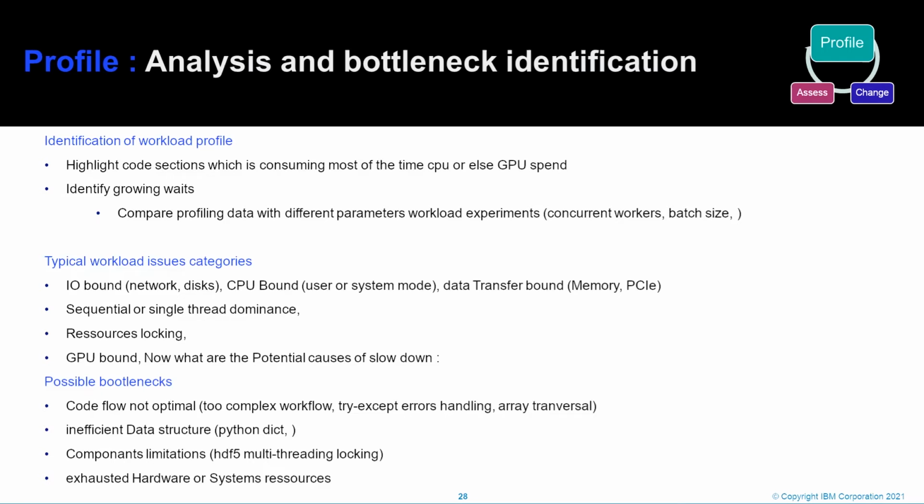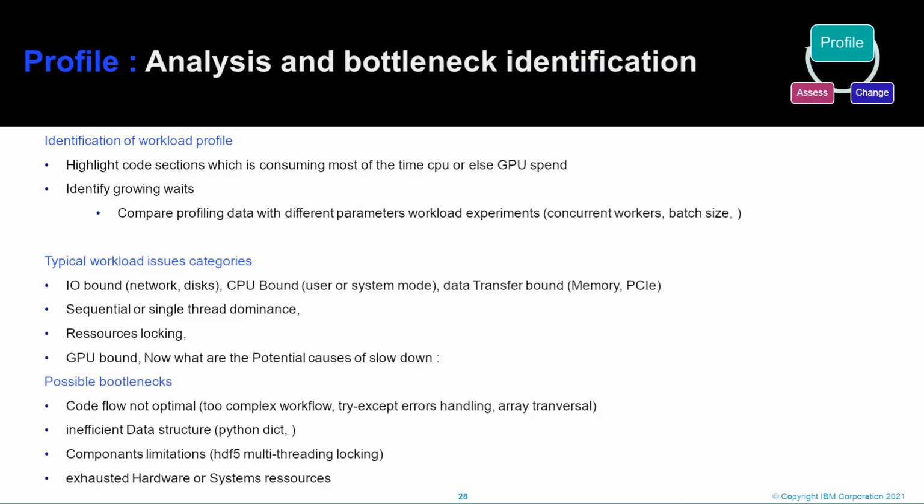So we can better understand where you are spending time, and you can compare the time you spend in your profiled code with the GPU resources consumption.